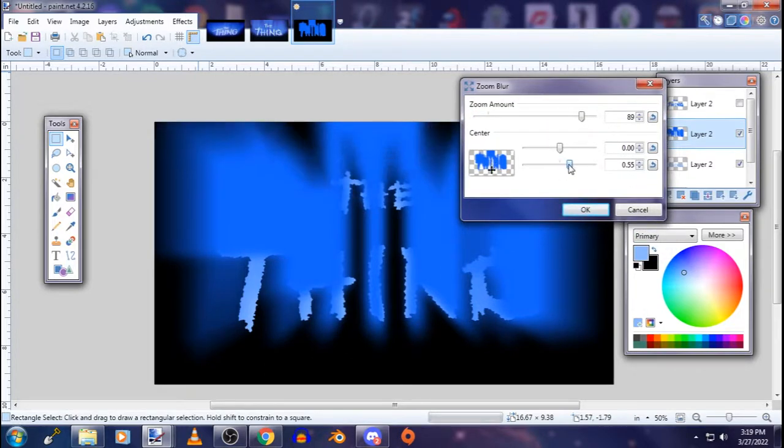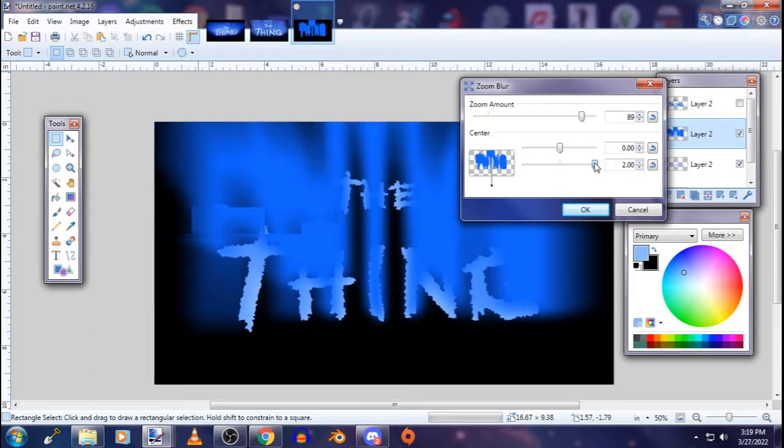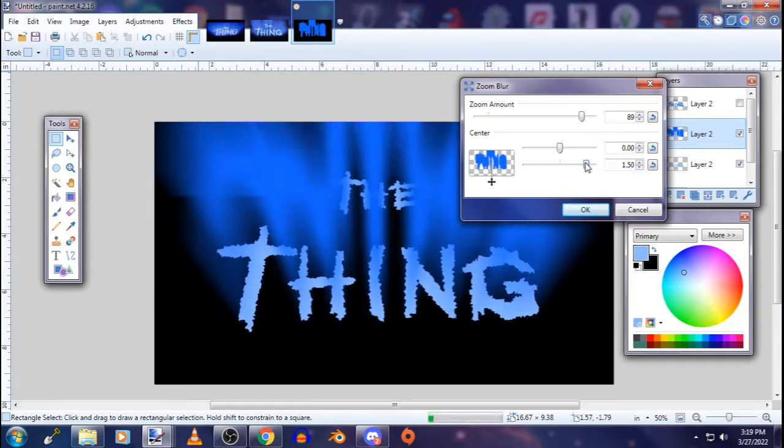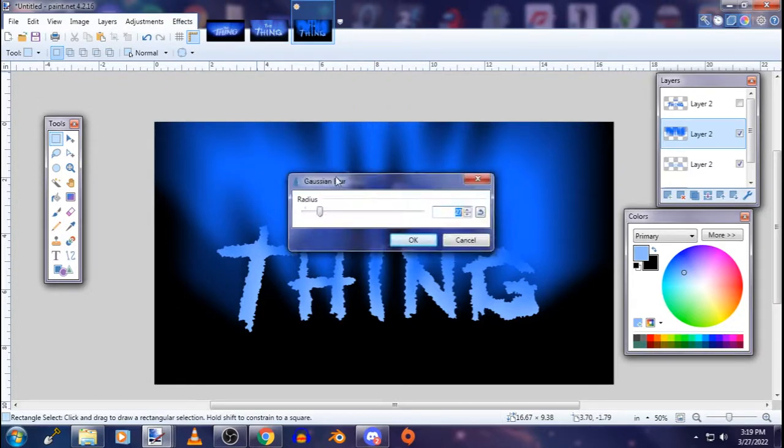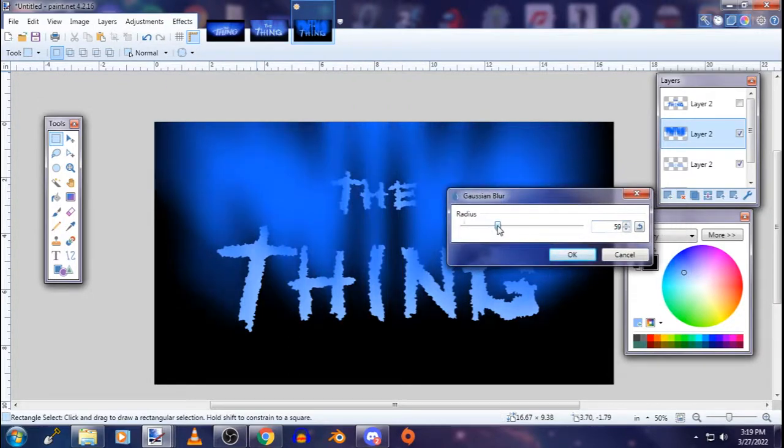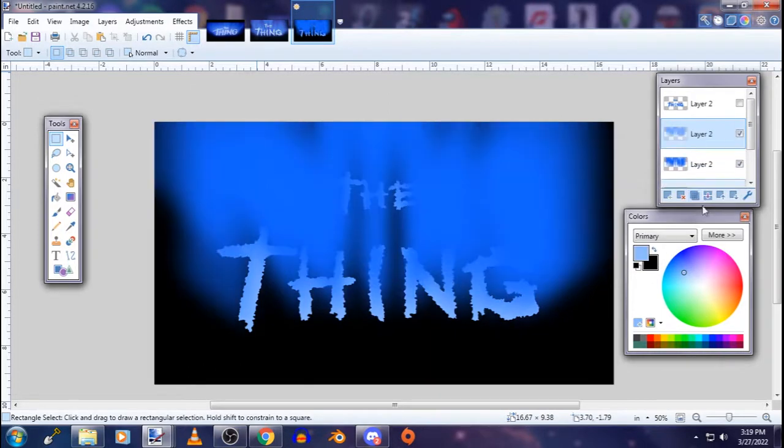Now this right here will change the center of it, and it'll change the angle at which it's doing the blur. So if I do it at something like that, that looks pretty good in my opinion. I can just, you know, blur it a bit more, maybe. That might be a good idea, kind of do something like that. Boom. Okay, so now that I've got that, I'm going to want to do the same thing, but on this